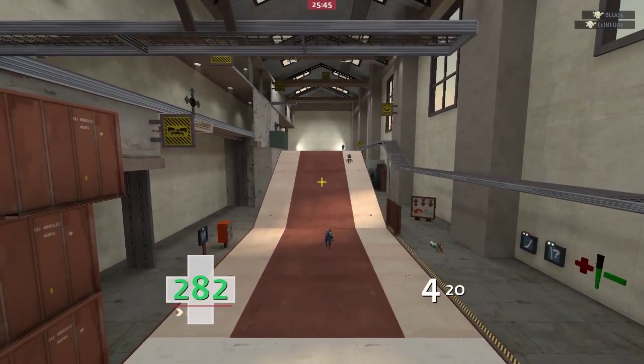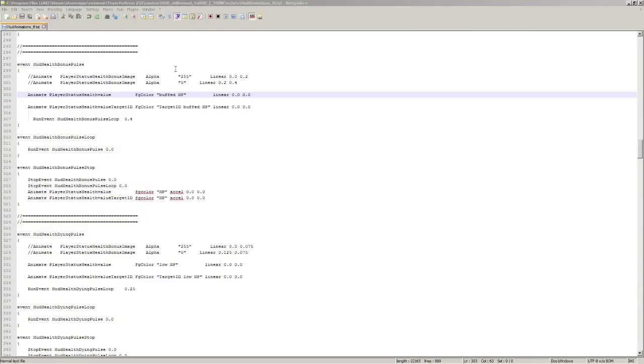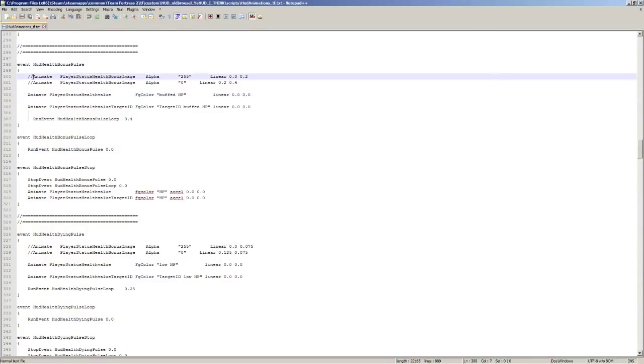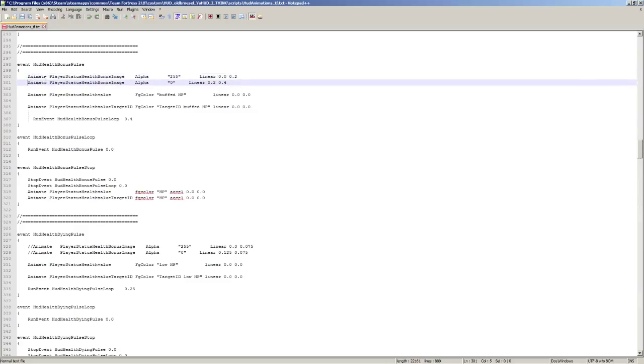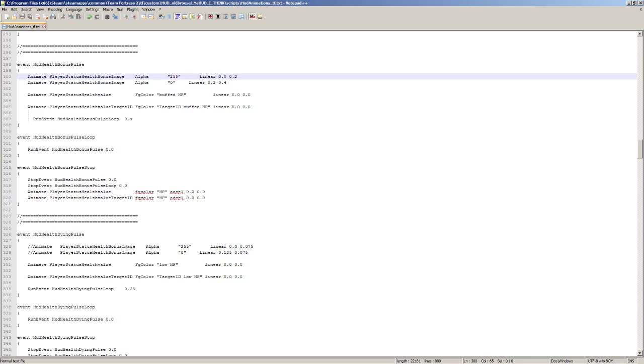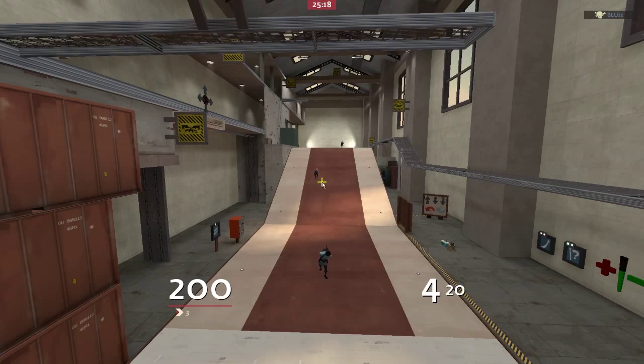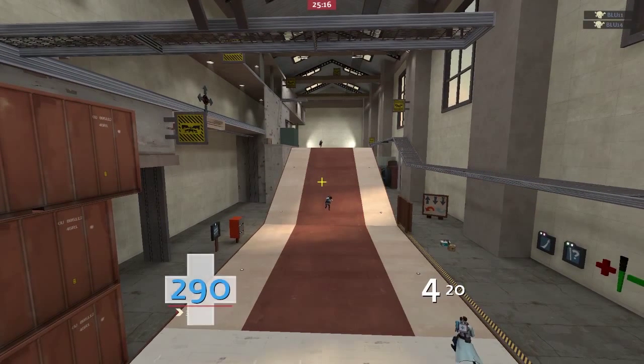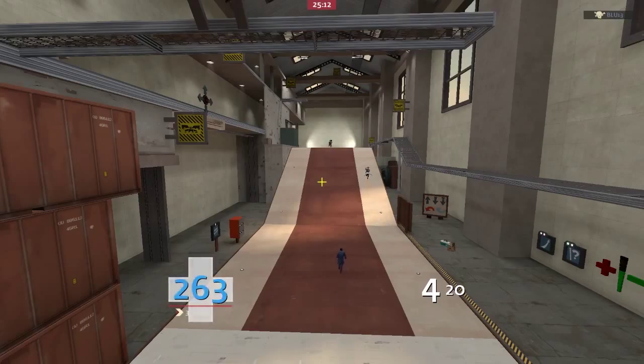Next I'll quickly talk about that image that we're seeing behind our health number. That's the player status health bonus image. What we'll do here is we'll basically set up a quick animation that will make the image flash between being fully opaque and fully transparent. Personally I prefer not having this animation on, I just like having the image there on its own, but we'll show quickly what that's like. So we'll tab back in, we'll HUD reload scheme, and we'll see that the image now flashes. It's a nice visual indicator that goes along quite nicely with the actual change in your FG colour for your